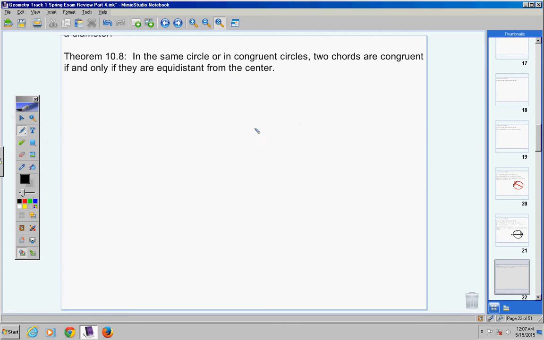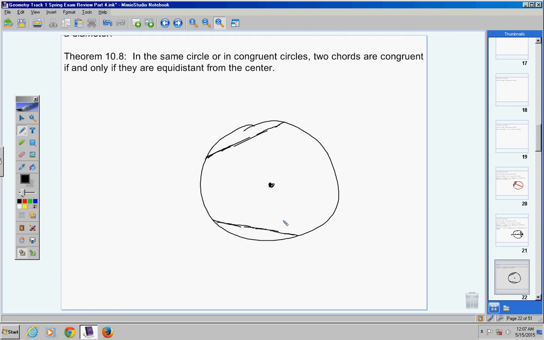I have a circle. Here's the center. Now, I have a chord drawn here, and a chord drawn right here. Now, if I draw a line to the center from this chord and make sure it's perpendicular, and then the same thing here,